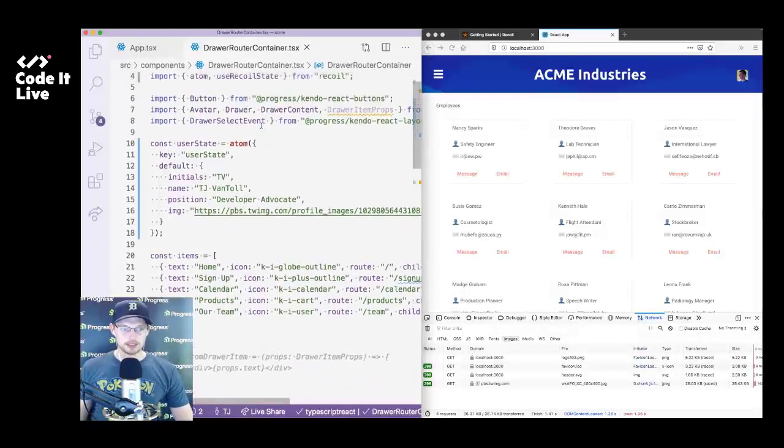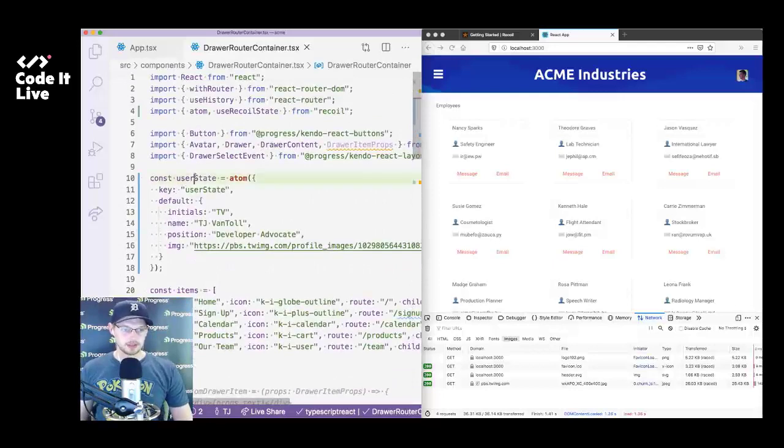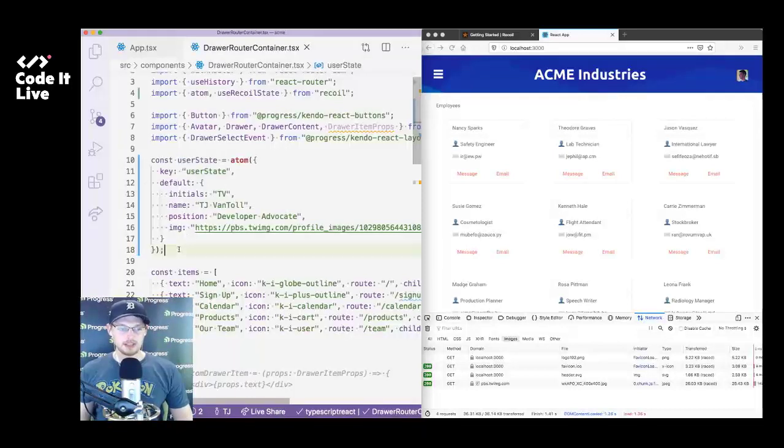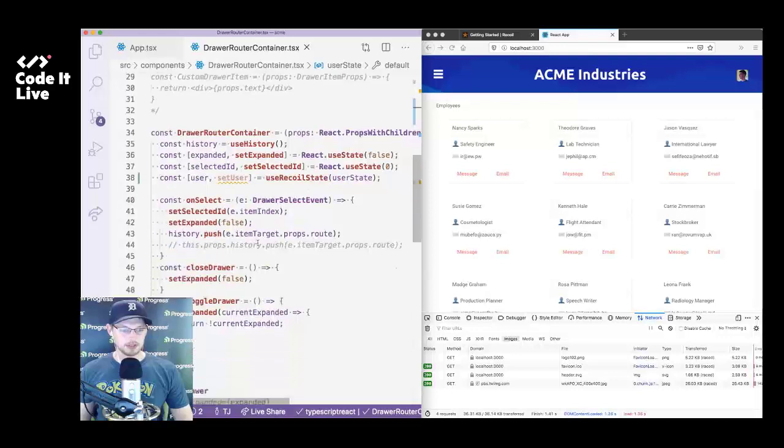So at this point, our user state, basically nothing about this code is technically changed from a user's perspective, because this user was hard-coded in here. It's still hard-coded in here, but now I'm calling this atom function, which is what I believe is going to let us change that value. And actually, it might be easier. So this initials, I happen to know that